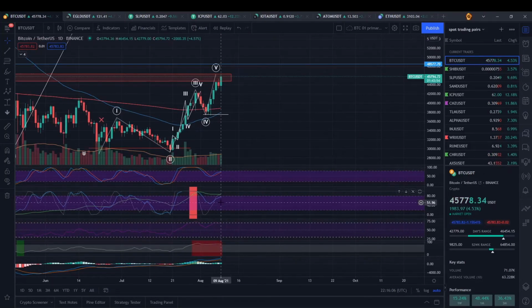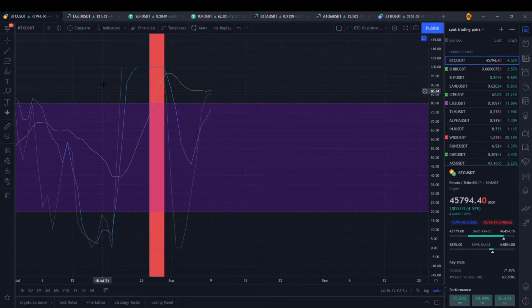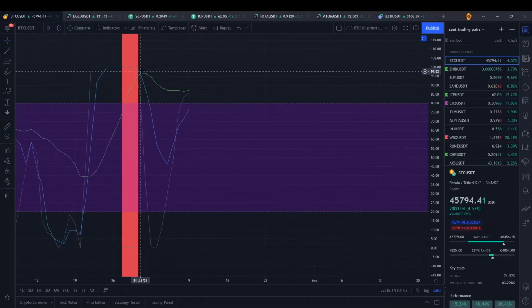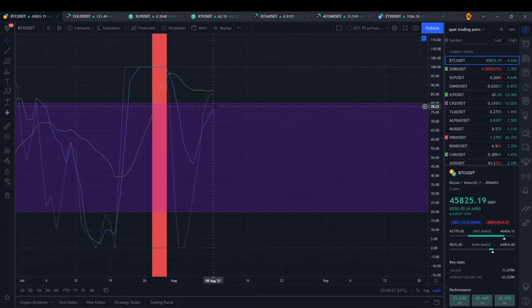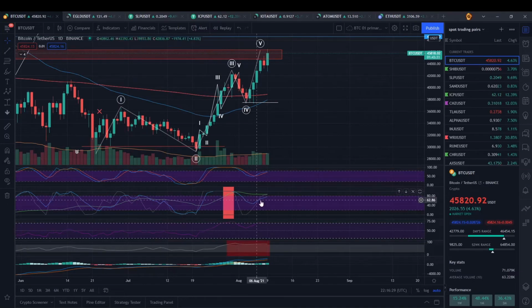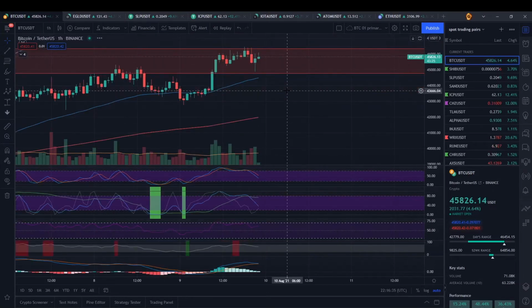On the 1 hour, this is how I read normally the MTF on several time frames. What I see here is on the daily, I see the green one diverging slightly or losing a bit of strength. The gray one is starting to round down, and the blue one is still heading upwards. So this is still a bit bullish, not bearish yet. Remember that the confirmations come a bit lagged. Okay, on the 1 hour,